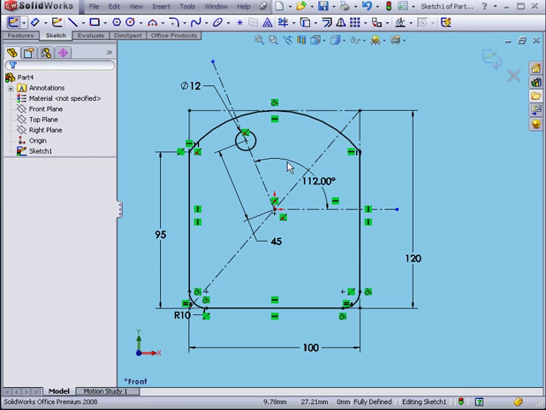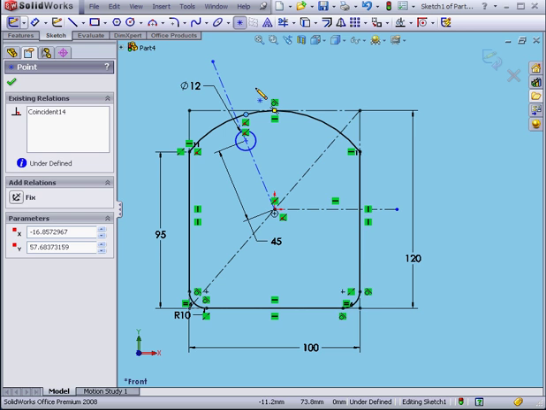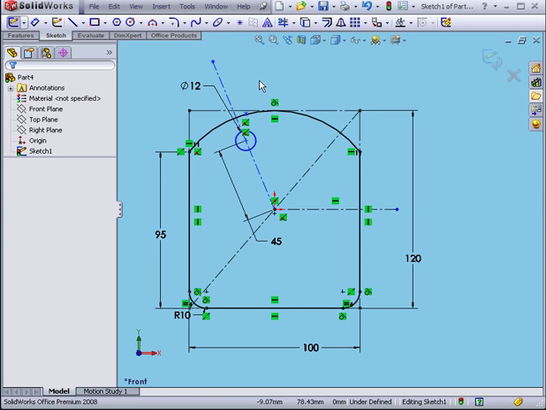Right-click, select. Now let's delete this angular dimension. Activate the Point tool. Let's drop a point right about here. Right-click, select. Let's say I want the position of this construction line to be driven by the distance along this line